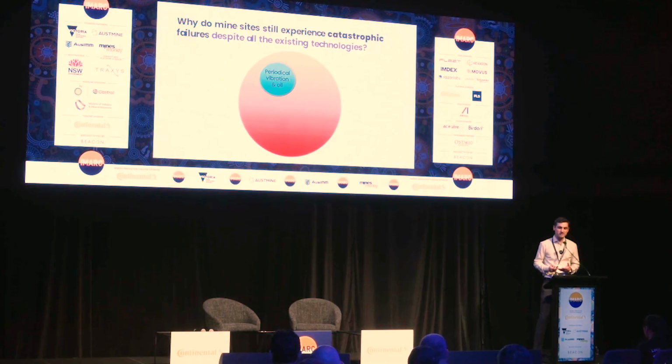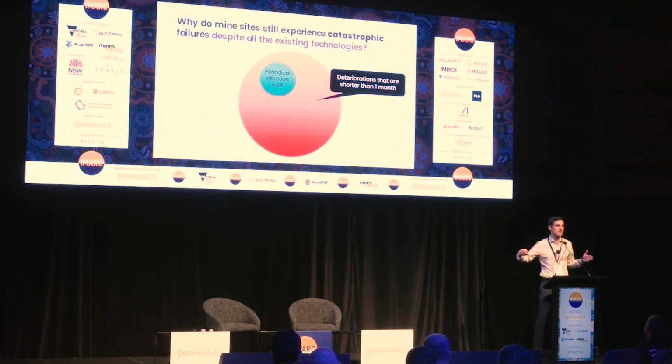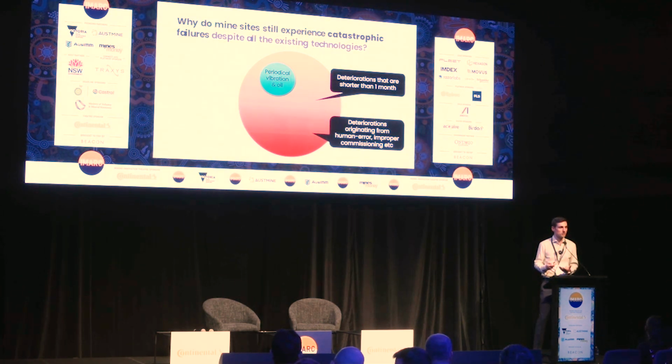So the first thing is all these vibration and oil reports, right? That's a part of the ocean. But when we dive into this, we see that these reports are generated every month or 3 months. By definition, all the failures that happen in between, that deteriorate faster than a month, would not be captured. Second of all, if I have a human error in my maintenance, or a commissioning error, I would never get to my next maintenance or periodical inspection. I would have the failure before that.